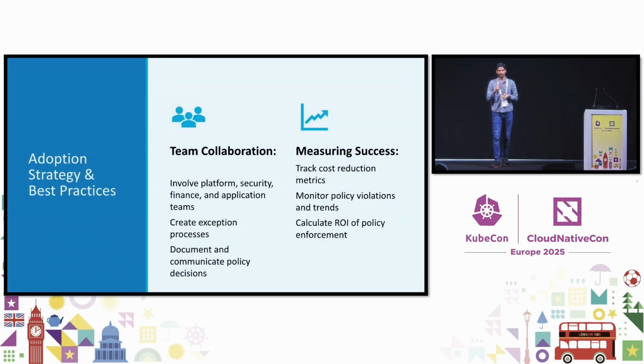Here it's a team effort. You need collaboration between your platform team, security team, finance, and application teams. They all need to work together. Whenever you create policies, sometimes there could be exception cases where you want to allow certain requests. So maybe you can come up with extra annotations by which you can temporarily bypass that request. Then document all those policies and explain to the end users what each policy does and how it is implemented in the current environment.